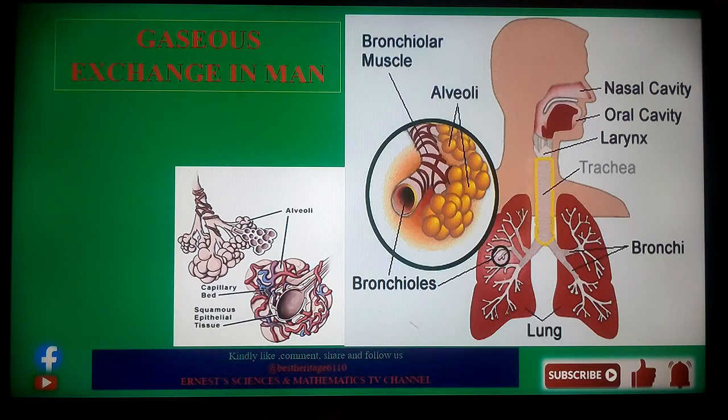So in this case, I hope that the various characteristics I've mentioned, the large surface area, the moist and dense blood capillary network, and the thin membrane found around these places, are essential ways in which we see gaseous exchange being facilitated in an efficient way. This will be more elaborate as we look at the mechanism of gaseous exchange